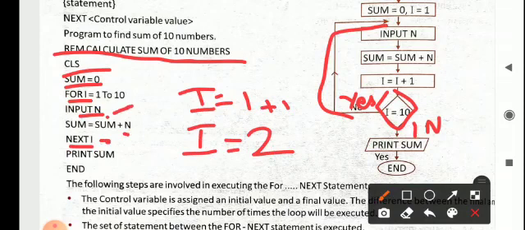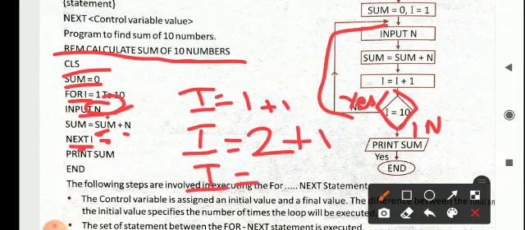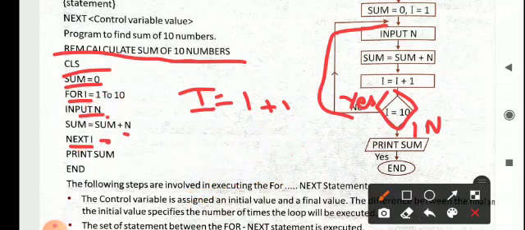Again 2 is less than 10. Okay. So what is happening? Again it will ask for the value of n, and whatever is the value of n, that will be added to the previous value of sum, and then that will be stored in sum. Now next I will again increase the value of I by 1. So that is 1 will be added to the last value of I. So 2 plus 1 is 3. So this will carry on till 10 times. Okay. And as soon as the value of I will become 11,